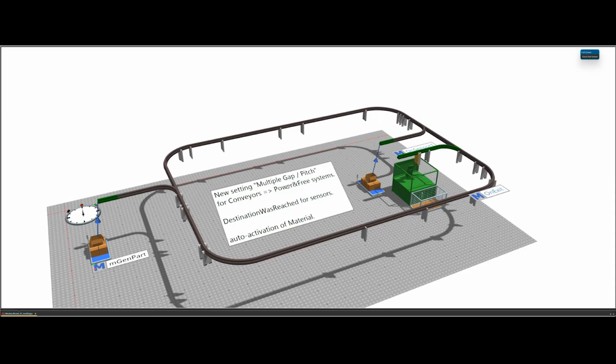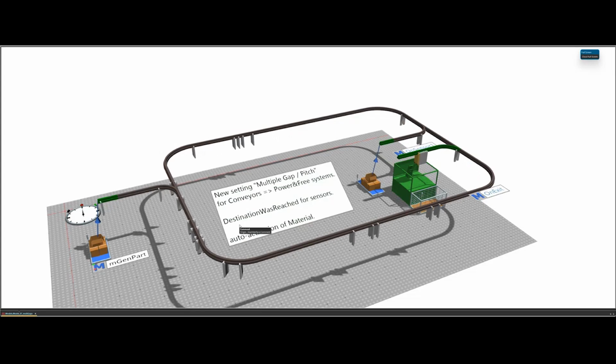Right, and then two more small things that I've used in this model is that you can now also use the attribute destination was reached, which you may know if you've been working with specifically the free moving AGVs. I think it's where we use that typically a lot to find out when the AGV has reached its destination.